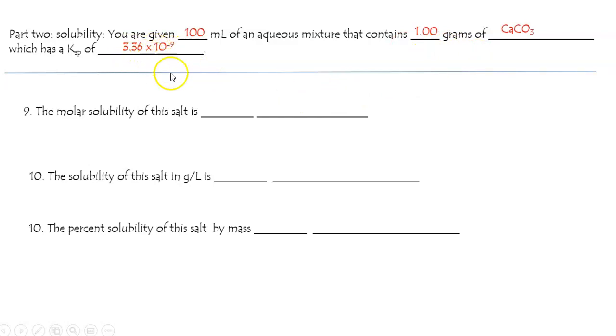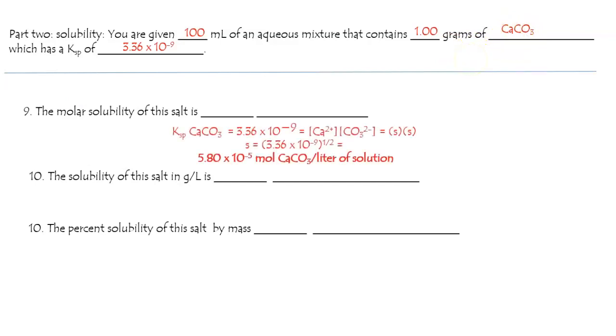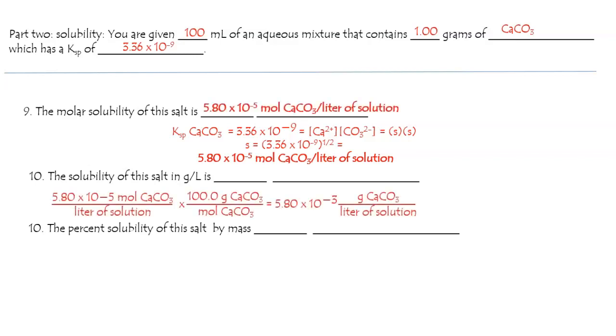Look at how low the KSP is. Let's determine that molar solubility. Well, I think it'll be the square root, because we have a simple S times S situation that KSP is derived from. So we take the square root of the KSP, and it gives us the solubility of calcium carbonate, which is very low, 10 to the minus fifth moles per liter. But how about grams per liter? Well, we just have to turn moles into grams, and 100 grams is a mole. So now we're up to 10 to the minus 3 grams per liter,